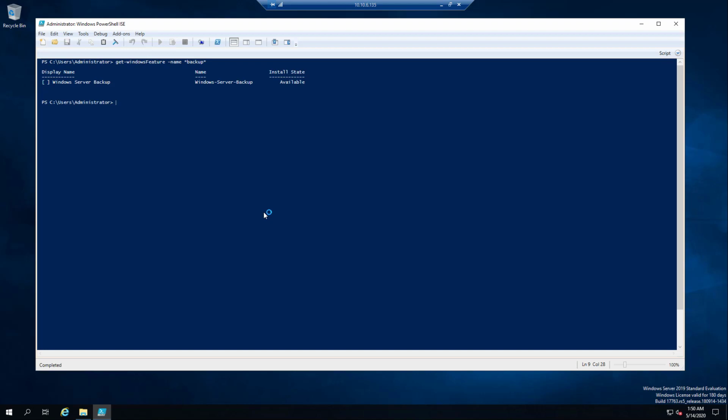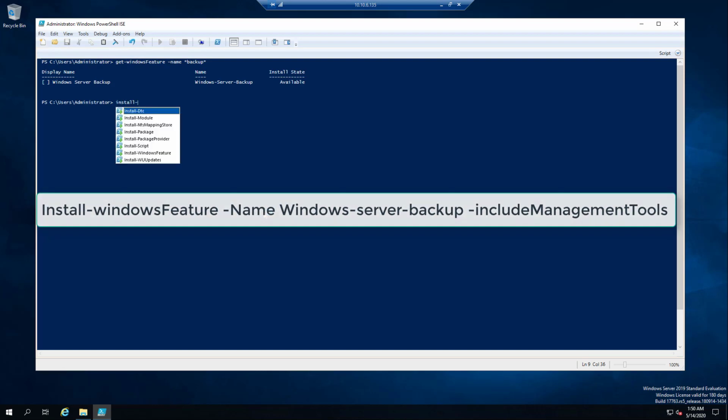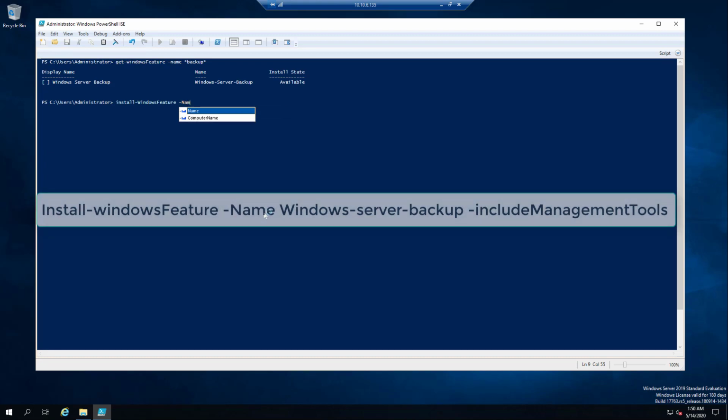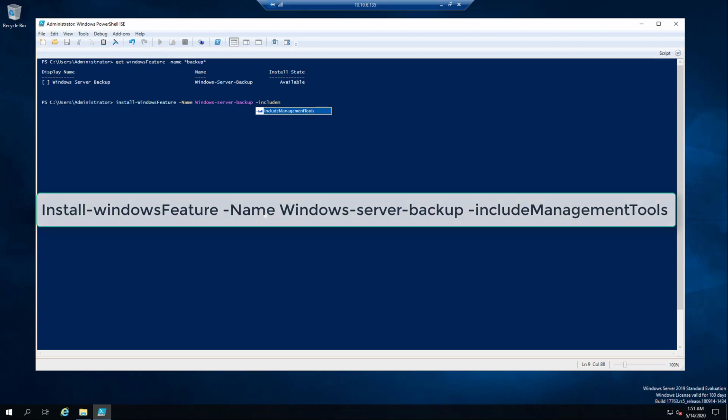So let's run a command to install the Windows Server Backup feature. Okay, let's write the command Install-WindowsFeature -Name Windows-Server-Backup -IncludeManagementTools.